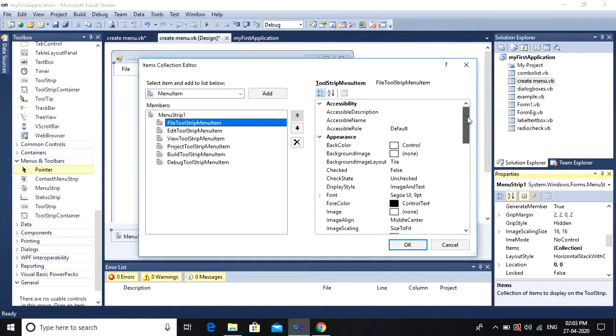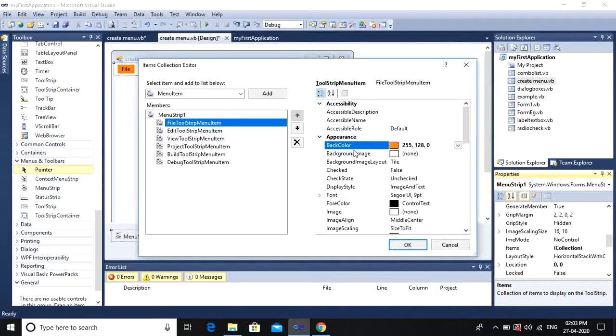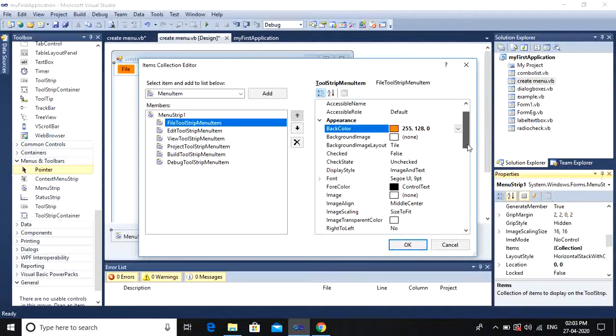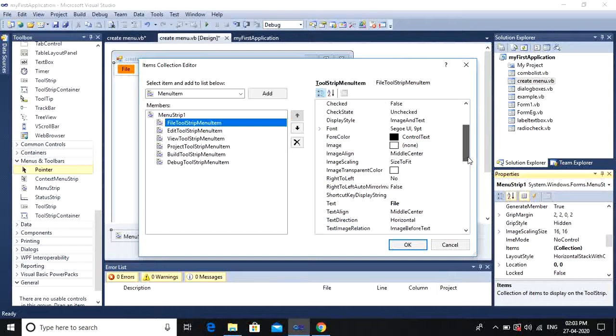So some of the properties are the back color here. I can change it to anything, and background image also I can change it, and the check state also I can put the checkbox also, and the font size can also be changed, font color can also be changed, and I can also put the image